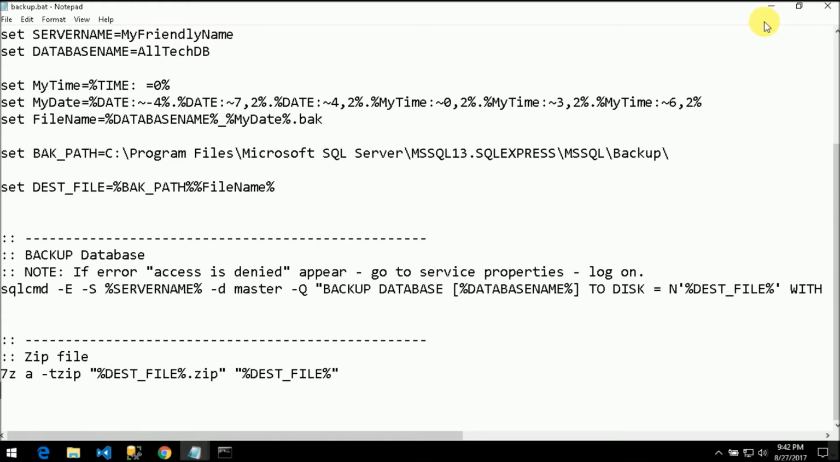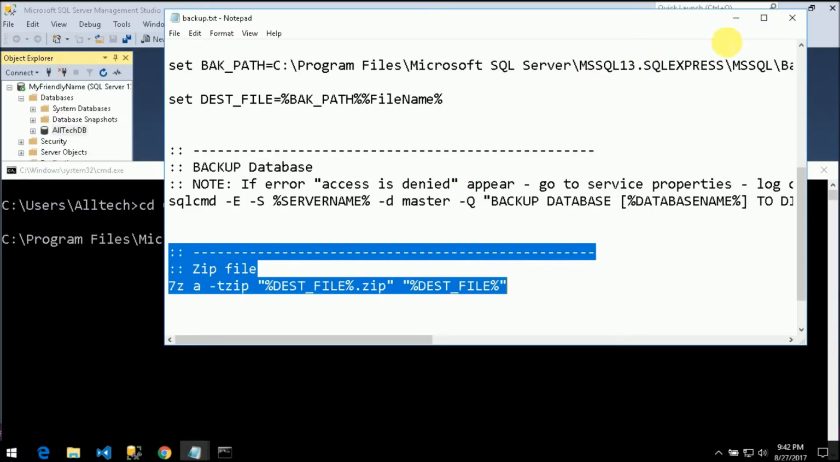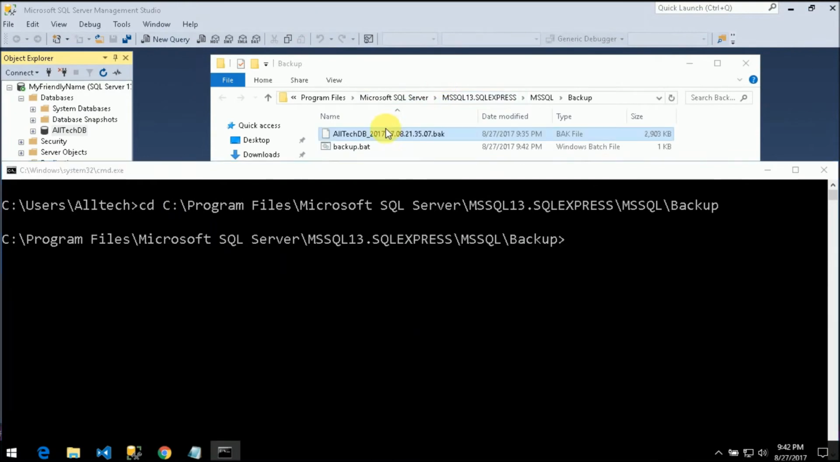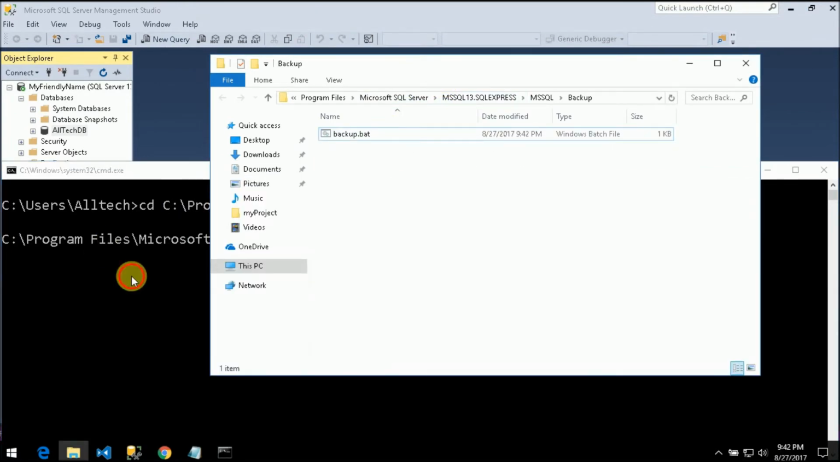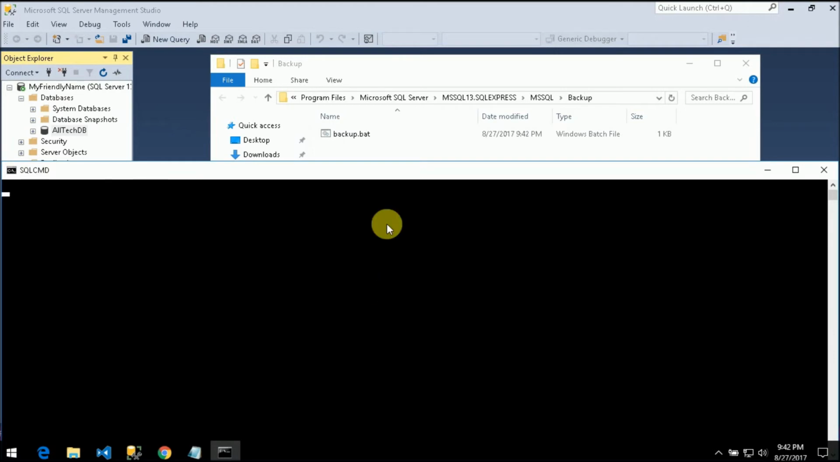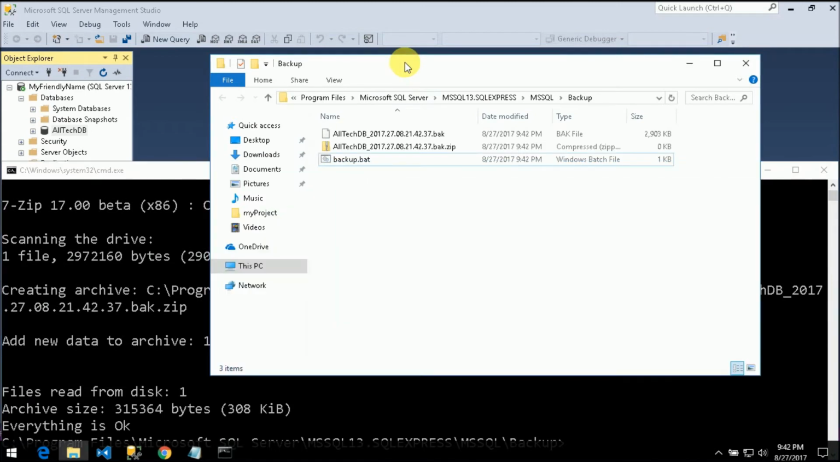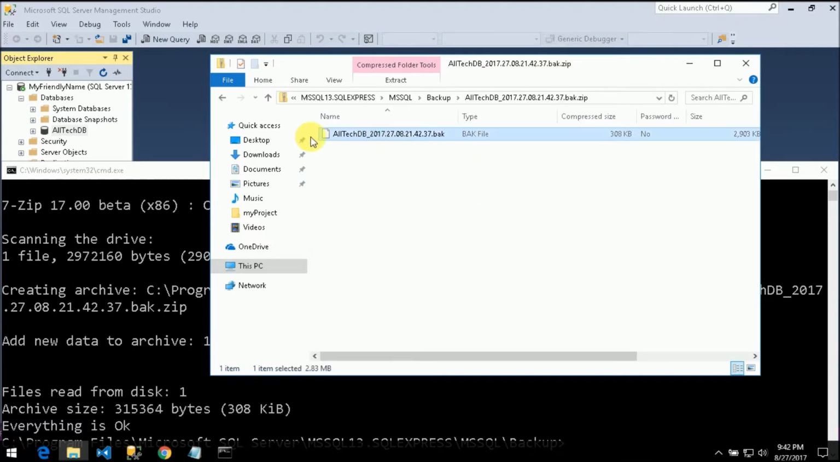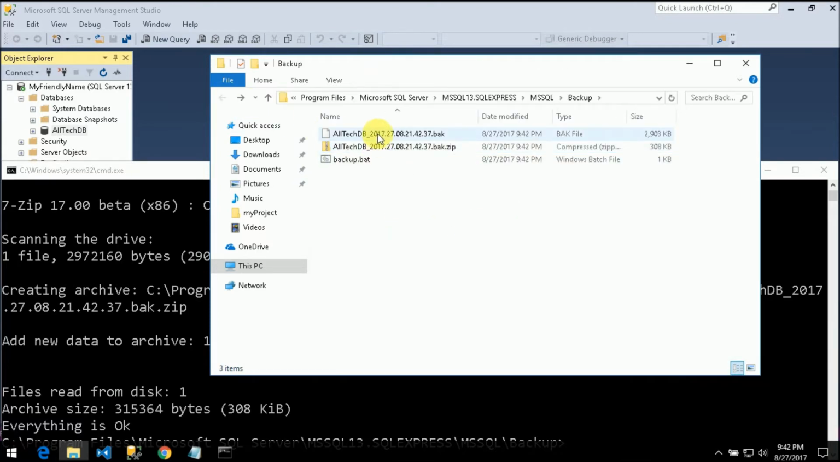If I save this, and let me delete this, if I run again, it creates two files. One, the backup file, and the second is the backup file zipped. If I open, there it is. So I want to delete this file, so again